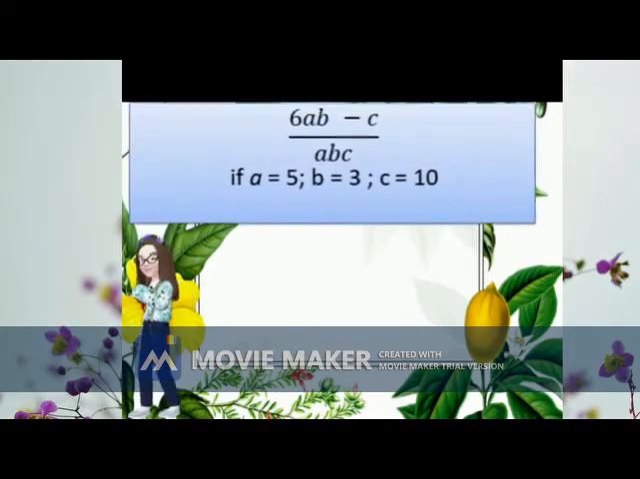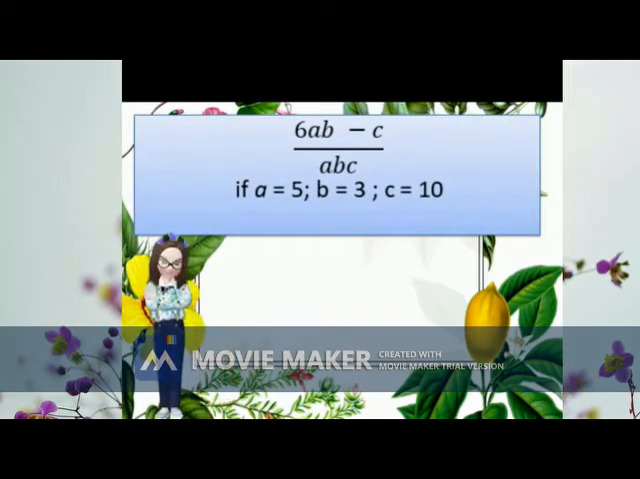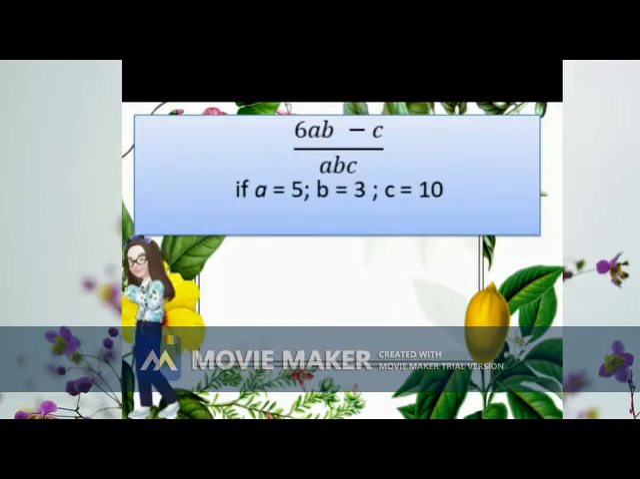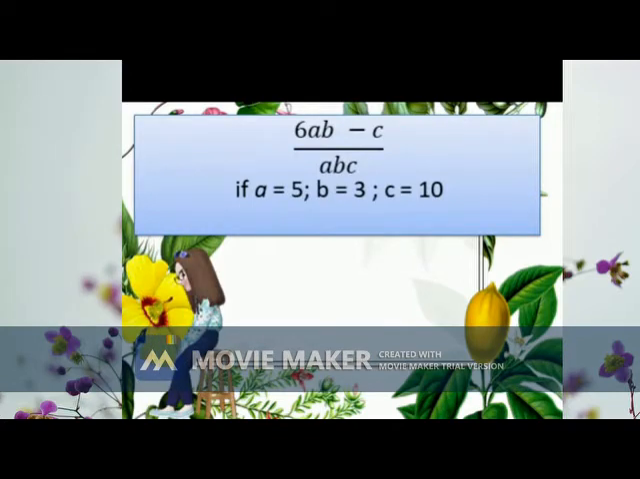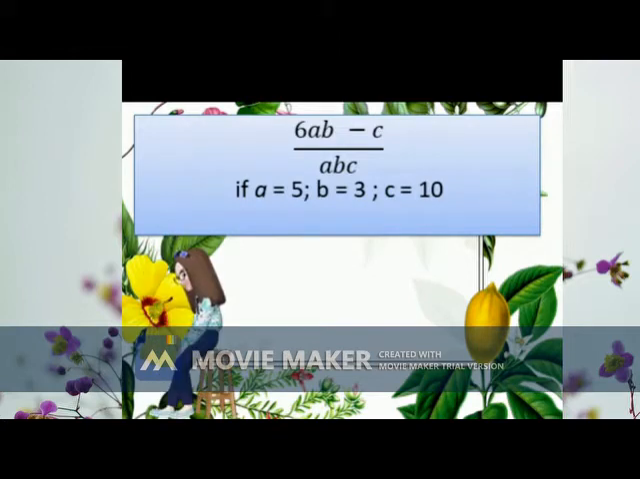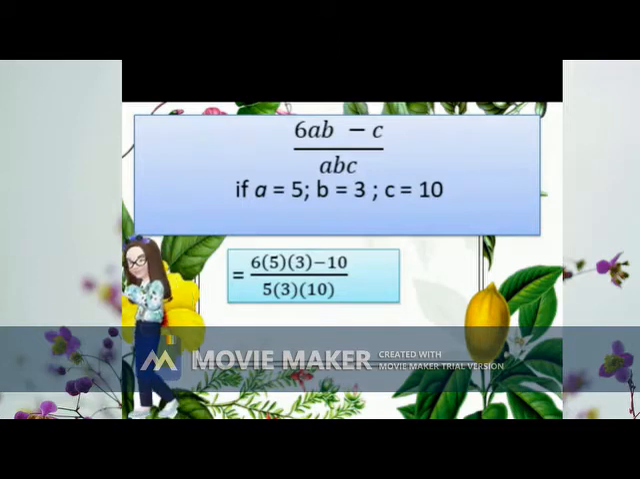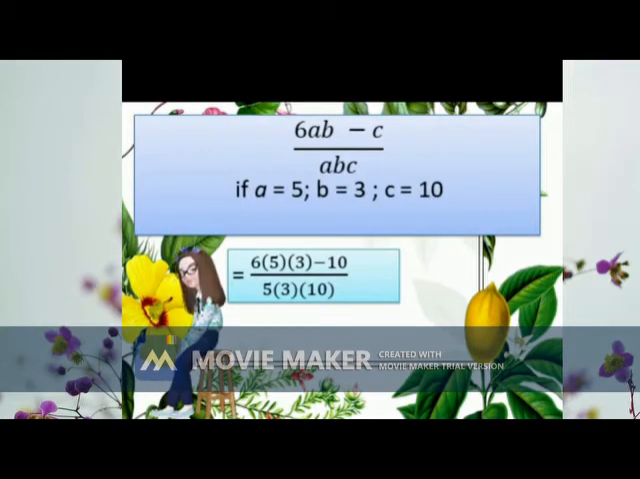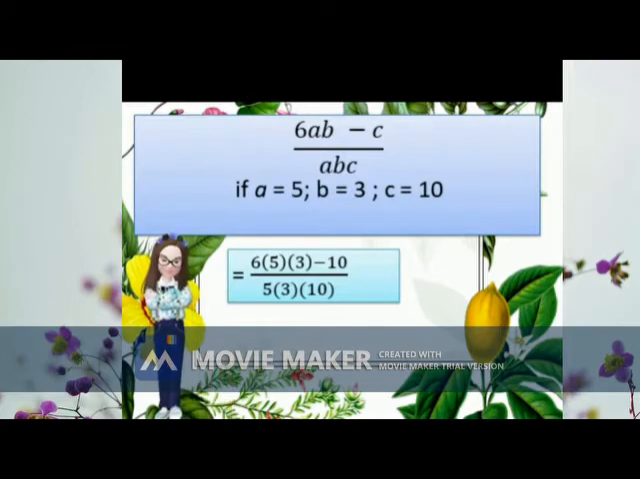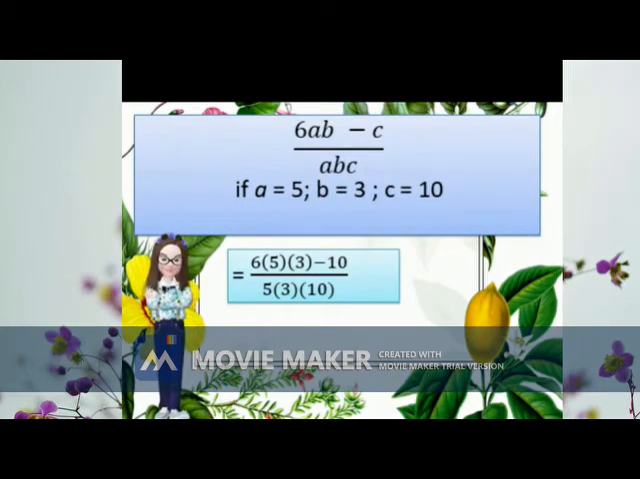Next, for the last example, how about if it is in this kind of equation or expression? We have 6ab minus c all over abc. So if a is equal to 5, b is equal to 3, c is equal to 10. So this is how it looks now. So you will have 6 times 5 times 3 minus 10. On the denominator, you will have 5 times 3 times 10. So it's still continuous, but since it's in a fraction, there might be a simplified form at the end of